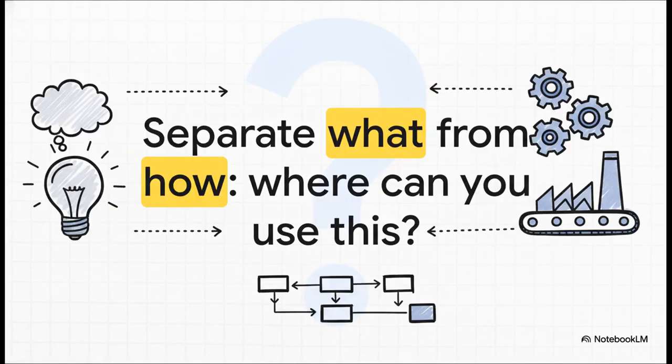So I'll leave you with this final thought. This core principle of separating the what from the how is just incredibly powerful. And it's not just for background jobs. Take a look at your own systems. Where else could you apply this kind of separation to turn a complex, tangled problem into something that's simple, clear, and scalable?